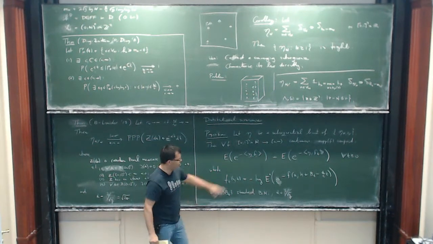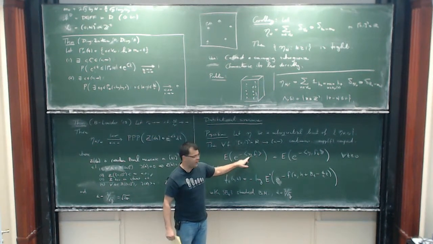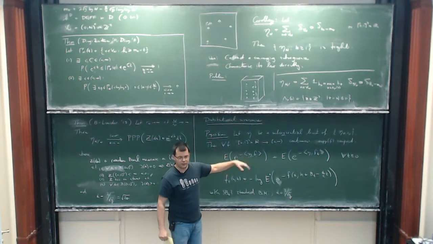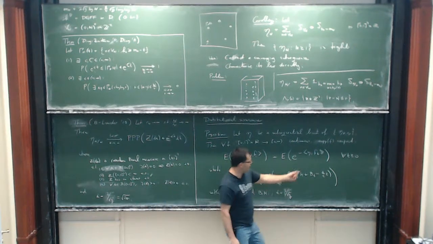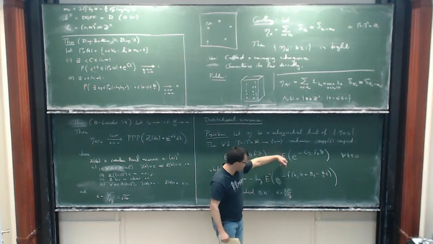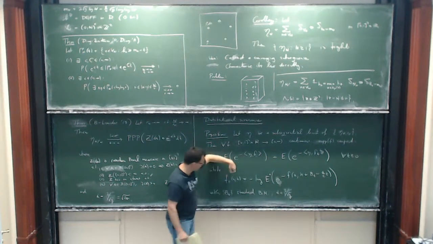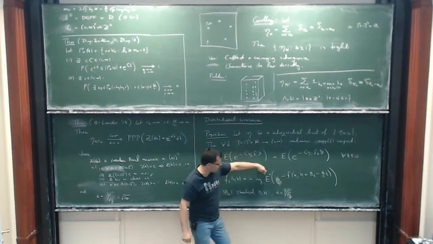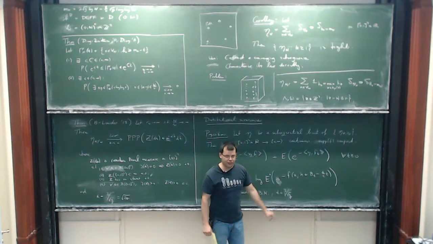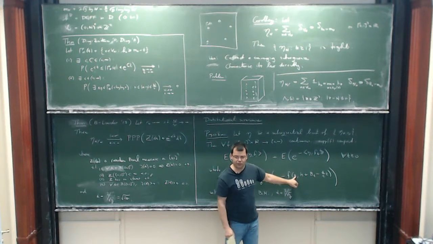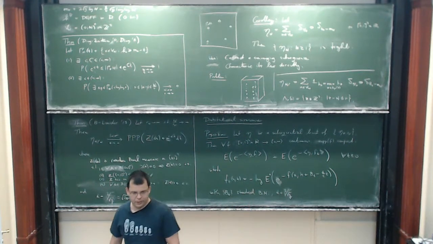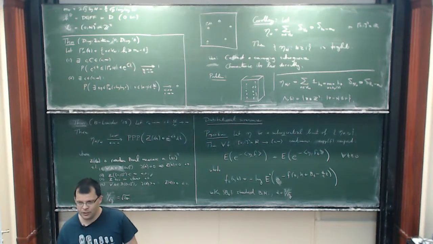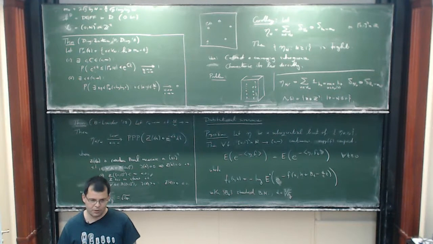I'll let you stare at this. This is the integral of the function f against the eta process, and as long as the function is positive, I can integrate it. It could come out to be infinity. Well, e to the minus infinity is 0. So I can write this in the form of e to the minus f_t equals the expectation of e to the minus f with respect to this. What I do is nothing in the first coordinate. In the second coordinate, I add this drifted Brownian motion, and I take expectation of that at t. So this is, in fact, an evolution of e to the minus f by the semigroup of this process.